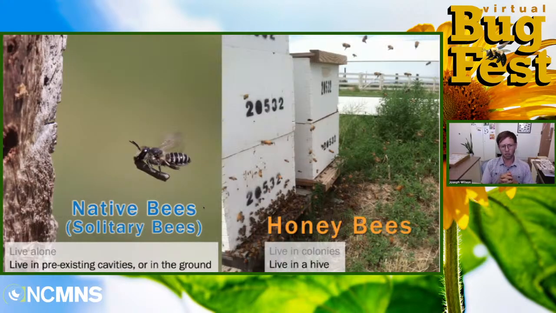So most solitary bees, like I said, most bees are solitary. Some of them nest in the ground, like I just showed you. Others nest in pre-existing cavities. So this is a leaf cutter bee. It is carrying a piece of a leaf, and it brings that into a pre-existing hole that it finds and kind of lines that hole like wallpaper. That is in contrast to honeybees, which live in big colonies. Again, there's like 20,000 bees that live in one of these honeybee colonies, a very different lifestyle. So solitary versus colony bees.